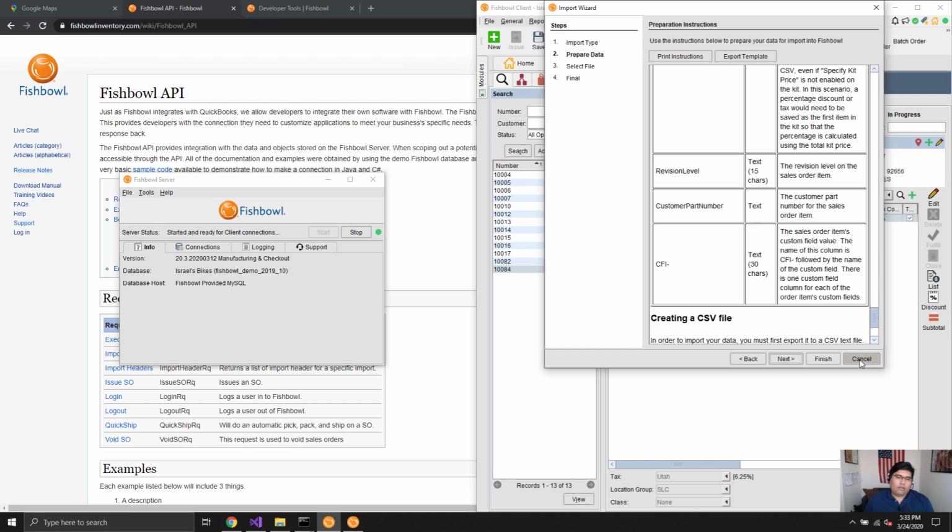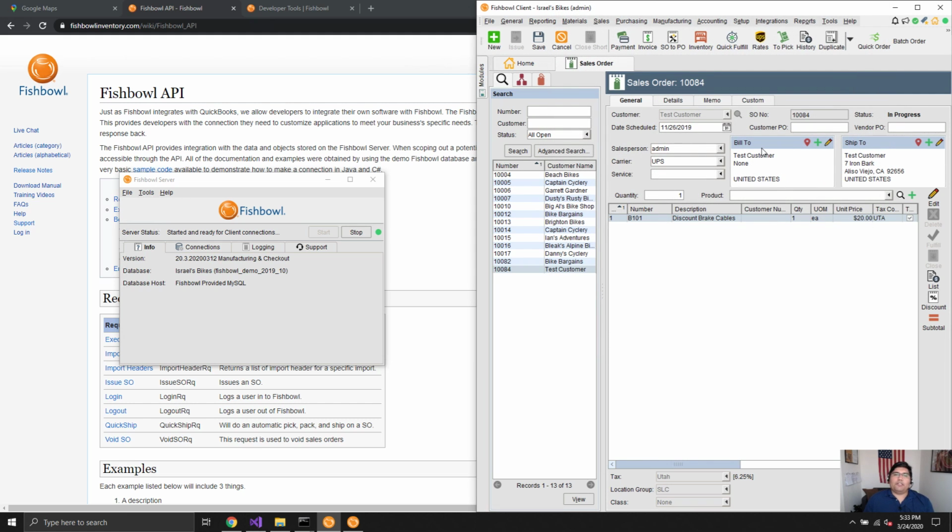so that we can automate maybe a Shopify connection or an EDI order, that sort of thing, and be able to communicate this stuff